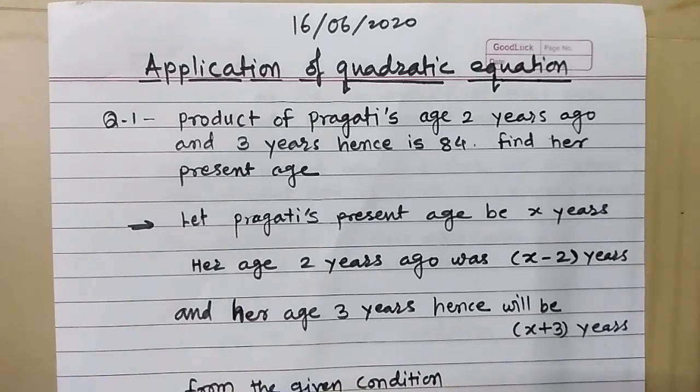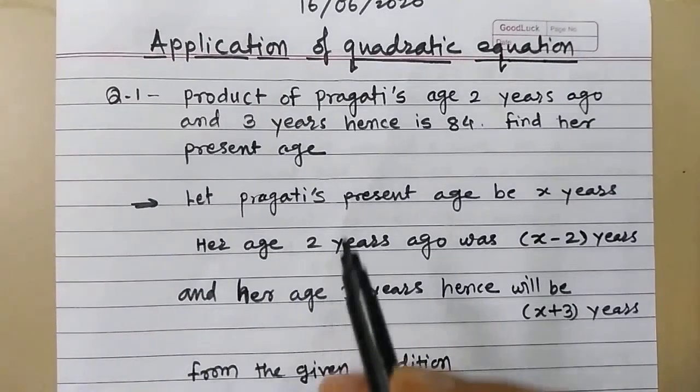First of all, read the example carefully. Second, understand the meaning of the words which are given in the example. Then the next step is, according to the conditions in the given example, identify the relation between the described quantities. Then the next step is to prepare the equations according to the conditions. And the next step is to solve the equations. Here is the example.